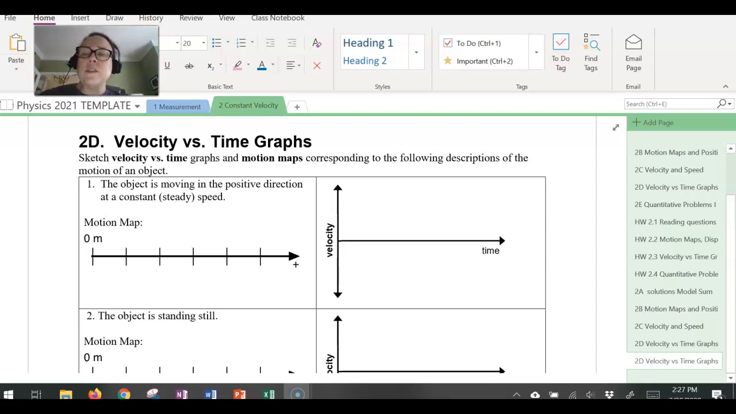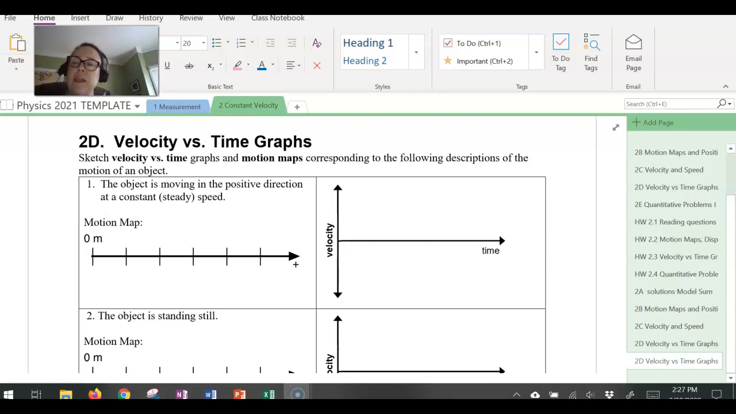This webcast looks at Worksheet 2D, where we're beginning to talk about velocity versus time graphs. In this webcast, we'll talk about how to create velocity versus time graphs that correspond to situations that we either know from having a motion map or that we know from having a position versus time graph. First we'll look at situations where we have a motion map, and then we'll create a velocity